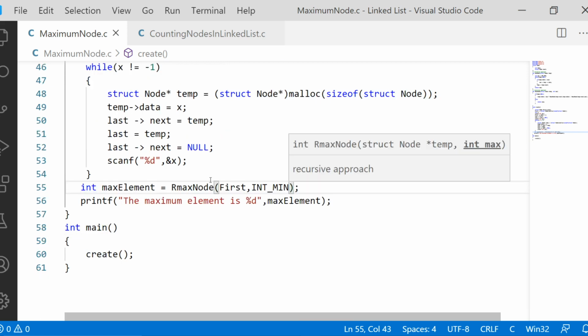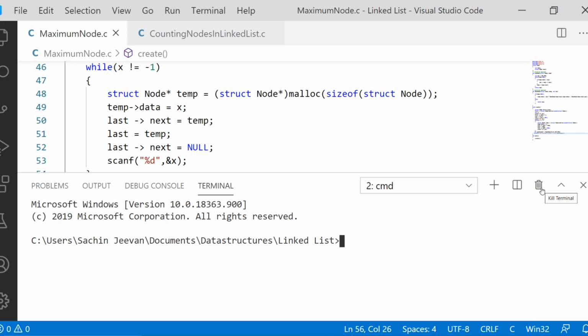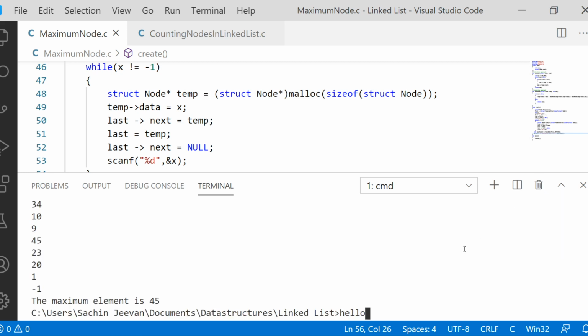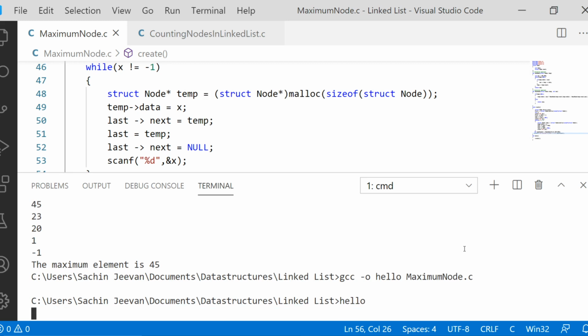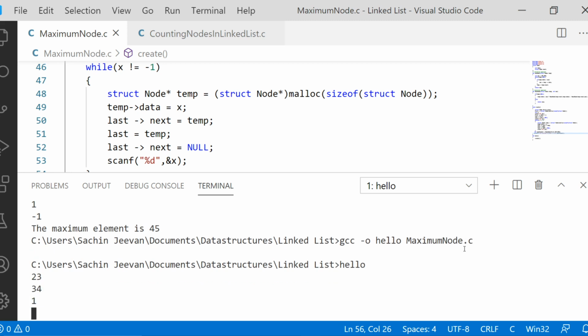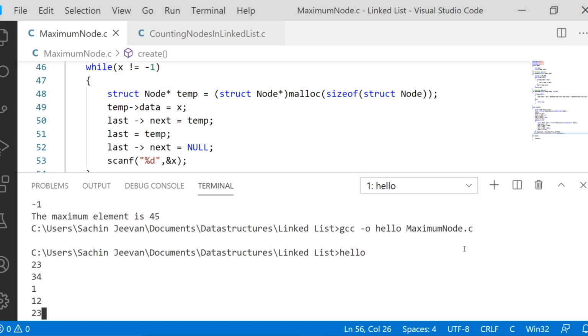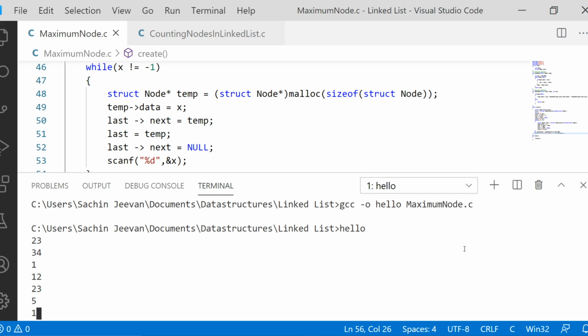Now we will execute the same code and verify whether we're getting the right answer or not. Compilation again, then execution. Right, so it is going to be 23, then 34, 1, then 12, then 23, then 5, then 1 again.